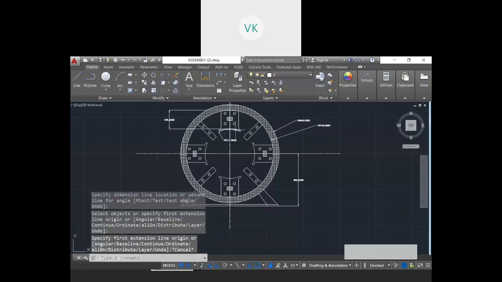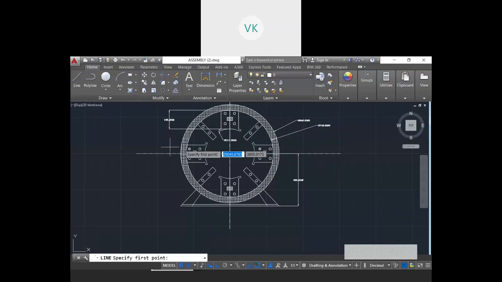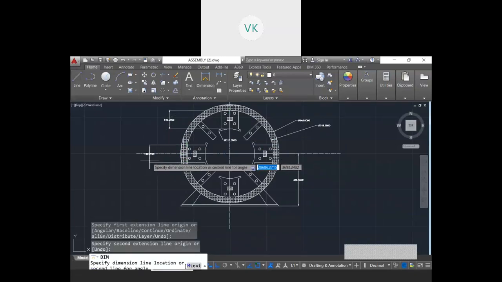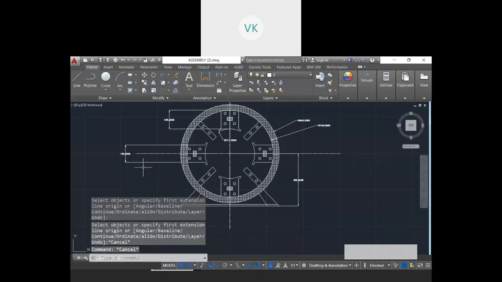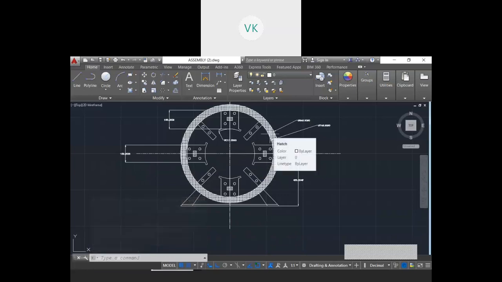Height is given, as well as width is also given. I'll show here. So width is 150 mm, height of the pole is 160 mm, pole arch it was given 425 mm.